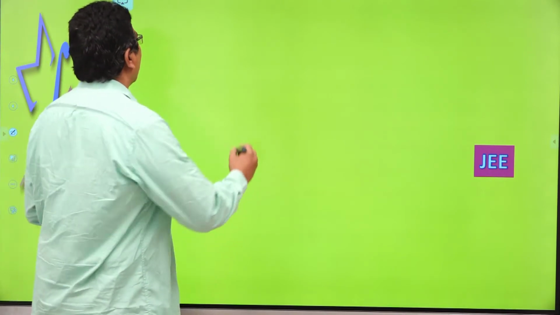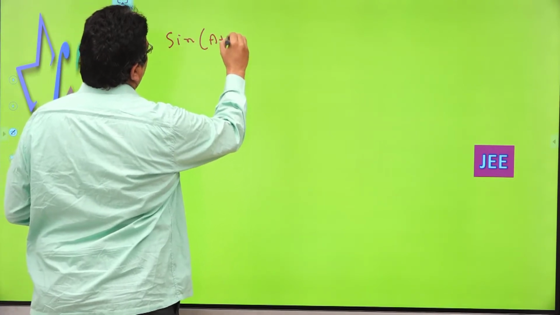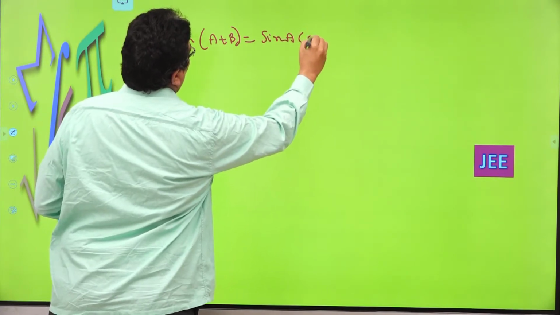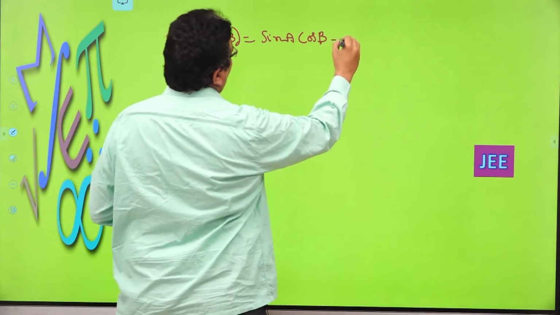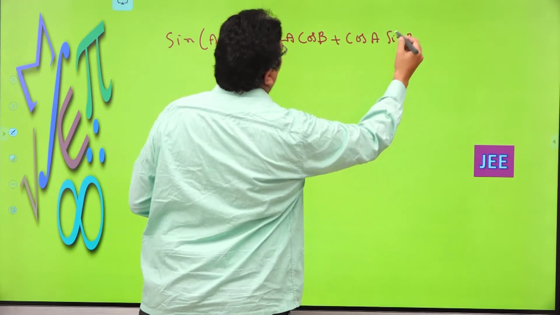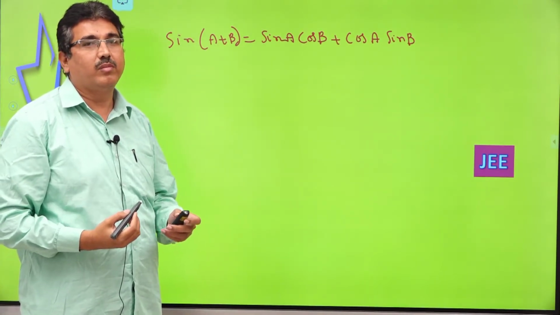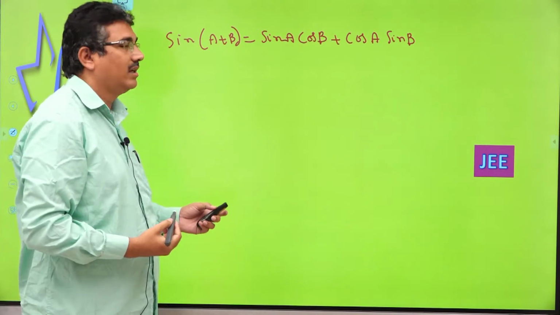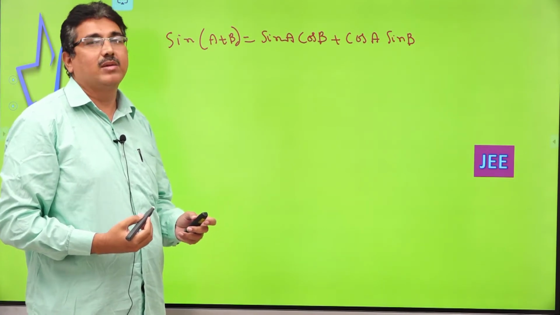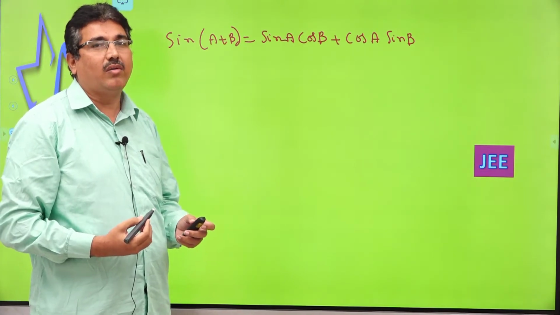Okay, write the sin(A+B) formula. Sin of A plus B is equal to sin A cos B plus cos A sin B. Okay, suppose B is equal to A. If B is equal to A, then that gives sin 2A. Similarly, from cos(A+B) and tan(A+B),